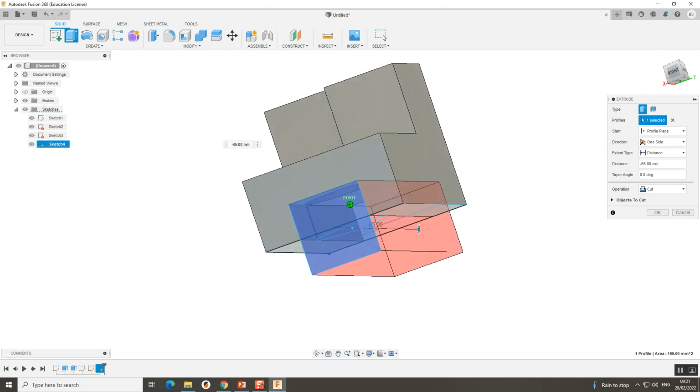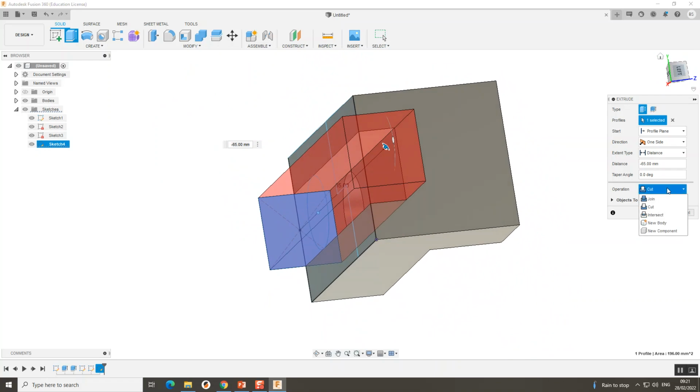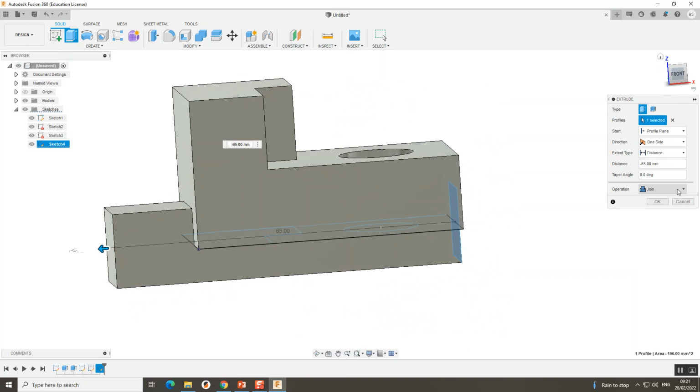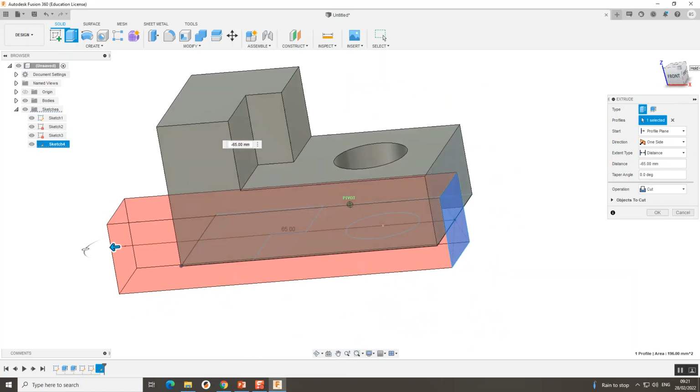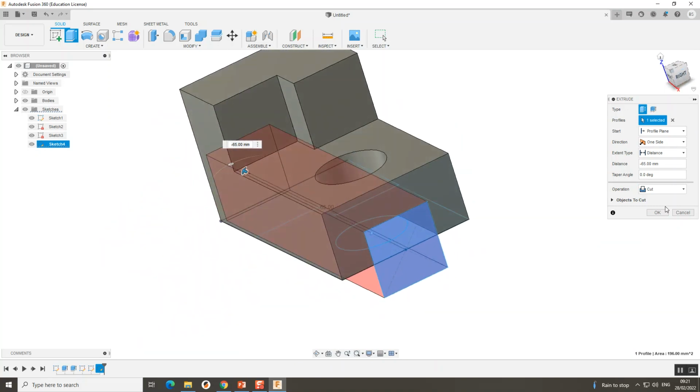Now what you will have noticed is that it's gone red. Now the reason it's gone red is because it's actually cutting. If I wanted to join it, like an additional block, I could click join. If I wanted to intersect, I could click intersect. In this instance, we want it to cut through like so. So that what we end up with is, once I click OK,